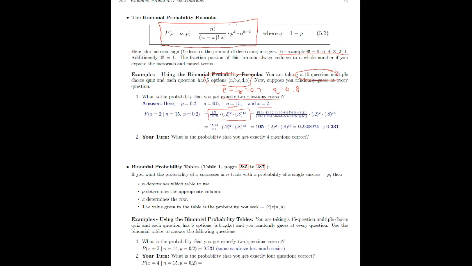So let's expand out the 15 factorial that we said is going to be 15 times 14 times 13 times and so on all the way down. And you divide that by 13 factorial, which is 13 all the way down, times 2 factorial, which is 2 times 1. So what happens here is a lot of things cancel out. You have these products of 13 that cancel with a factor of 13 over here, 12 and 12, 11 and 11, 10, 10, 9, 9, 8, 8. All these numbers cancel out. And basically all you're left with is